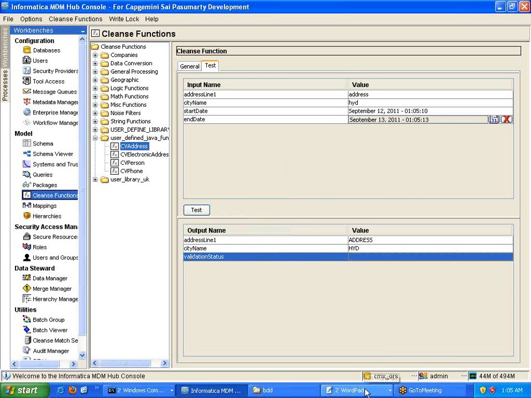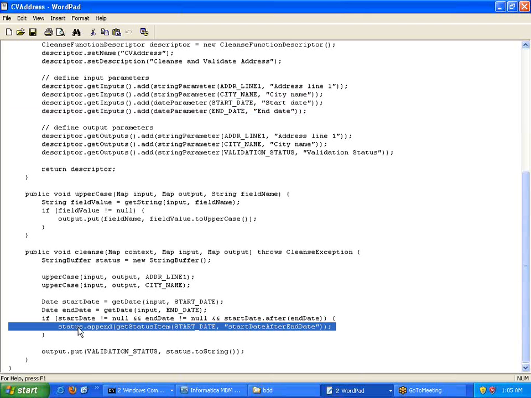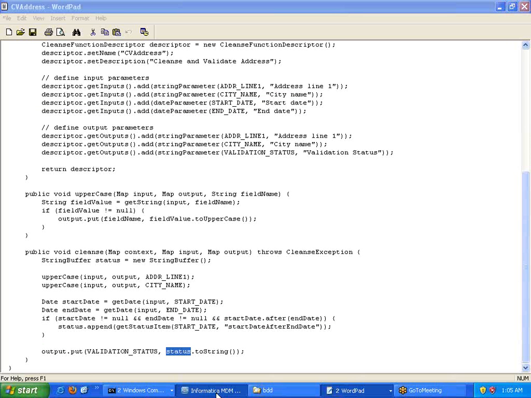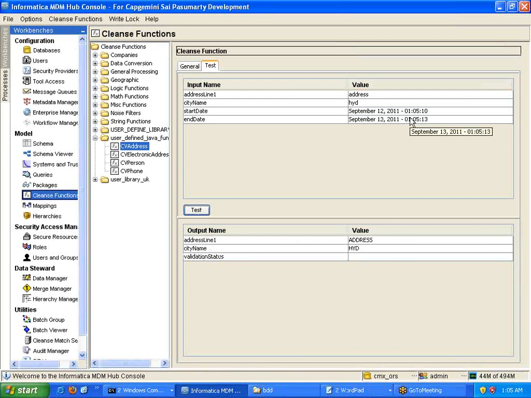If you look at this particular Java code, in case the start date is after the end date, only then will control enter here, or else it will come out of this block and populate the data to this output object with a status of empty. Now if you test it here, it will be empty because the input dates supplied are valid.